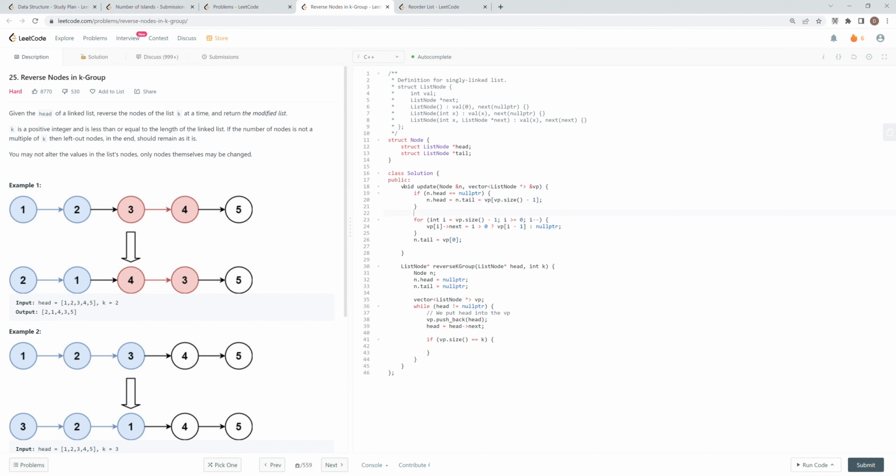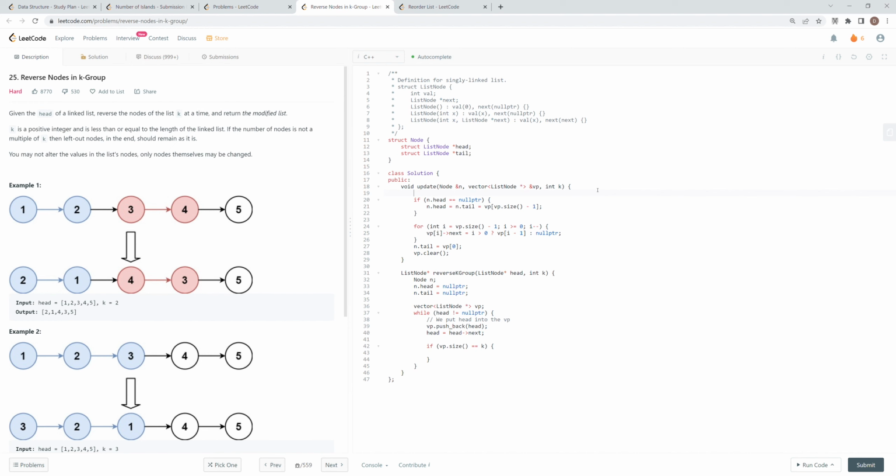But nothing else, what we're going to do here is we want to clear the vp. Okay. Also, at here we also need to pass an int k. So this I'm only considering about